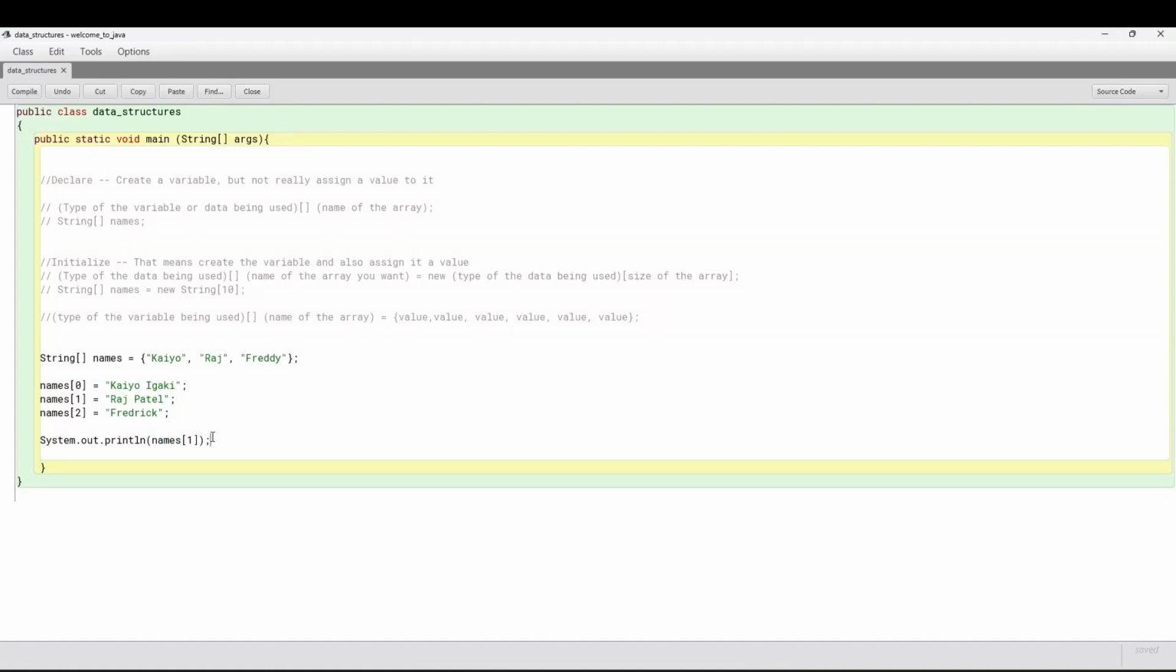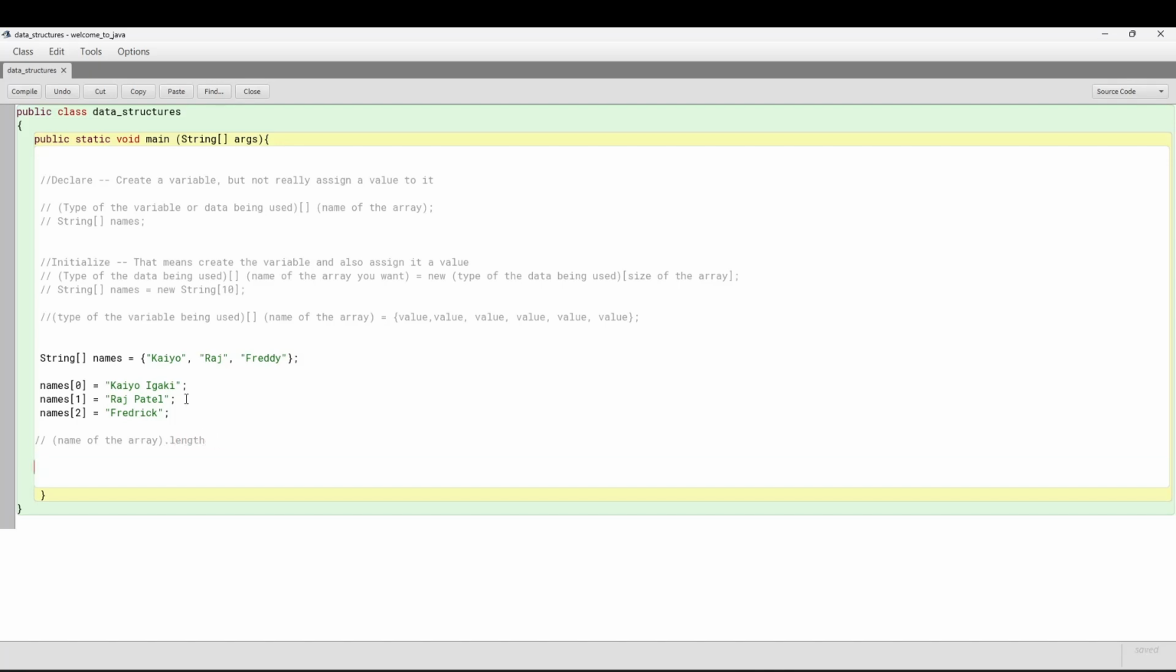And another thing that you could do, which helps you with counting the indices and the number of slots you have, is actually look at the length of your array. So the way that we do that is by using this notion. It's the name of the array, and then dot length. So in this case, the name of our array is names, and then if we do dot length, and let's say we system.out.println this,